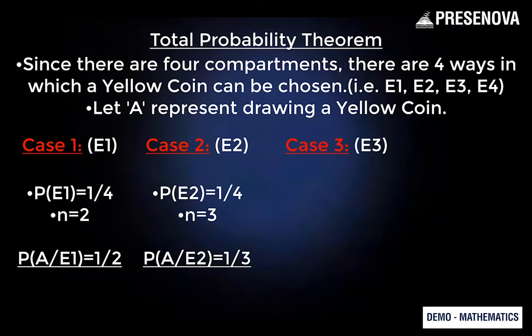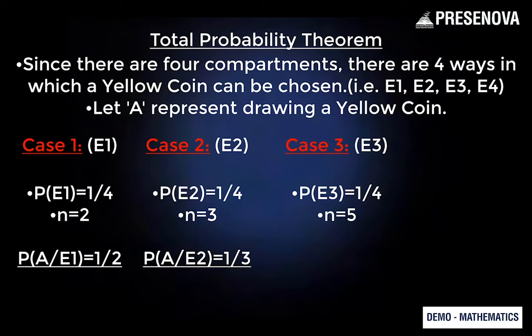Case 3. Similar to the first 2 cases, the probability of choosing compartment 3 out of the 4 compartments is represented as P of E3, where E3 means choosing compartment 3. P of E3 is equal to 1 by 4. We can see that compartment 3 has 1 yellow, 2 green and 2 red coins, making a total of 5